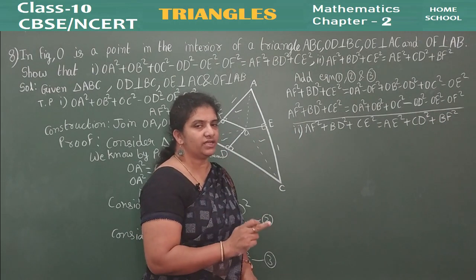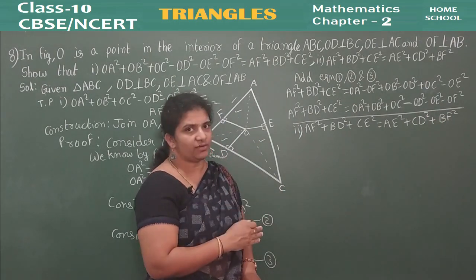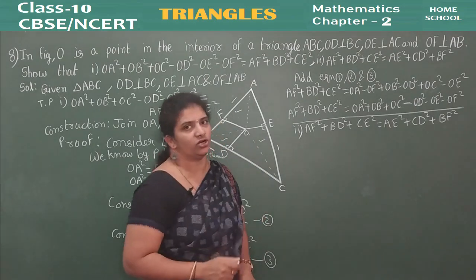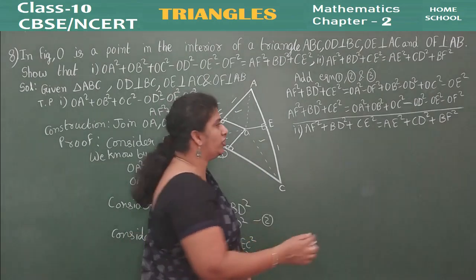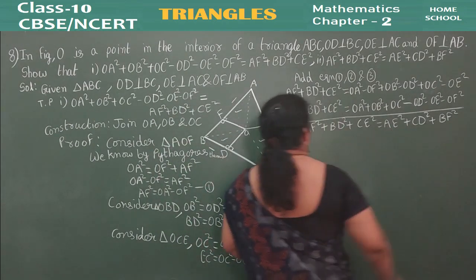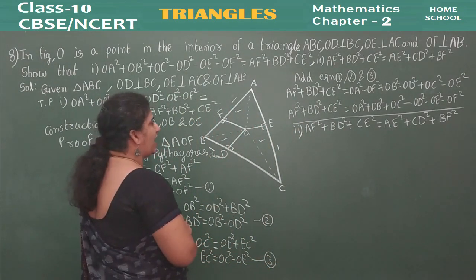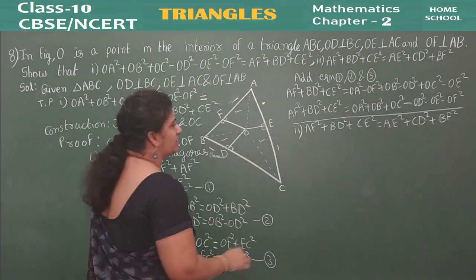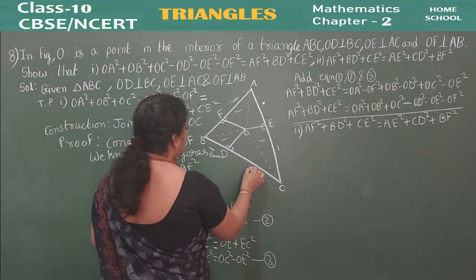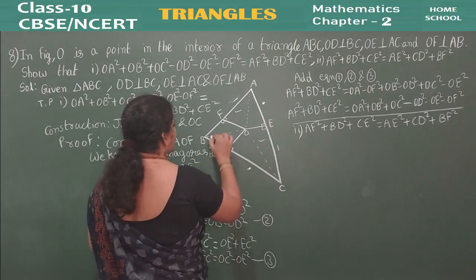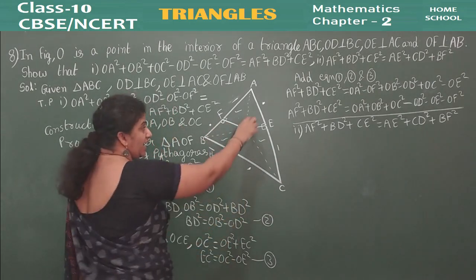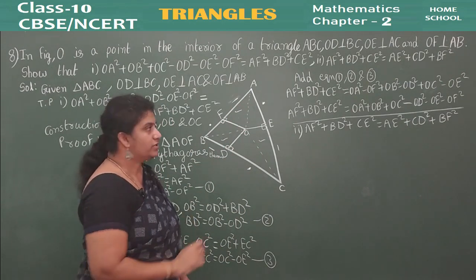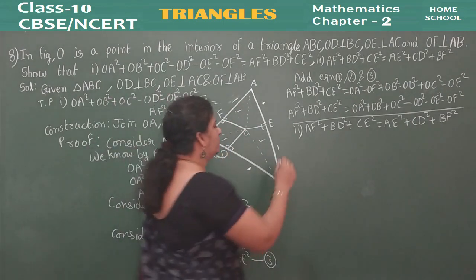Now in the same manner, children, either you take RHS and prove it equals LHS, or you take LHS and prove it equals RHS. So now here I am going to consider the RHS part. AE, CD, BF. Where is AE? Just put a dot. Again you will be confused. AE, CD and BF. Where is BF? Now see where I have marked the right triangles, you take and apply Pythagoras theorem similarly. So shall I write the equations directly there?